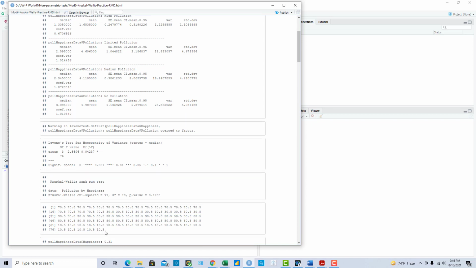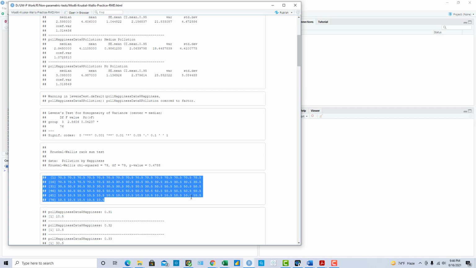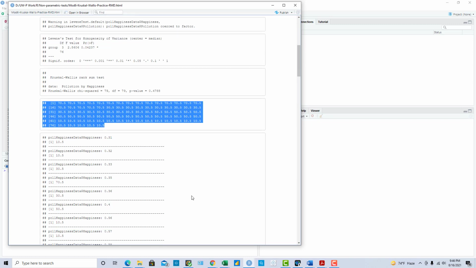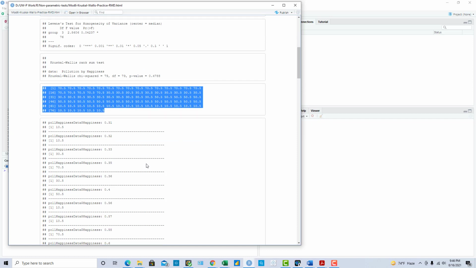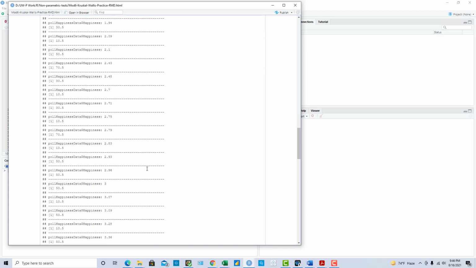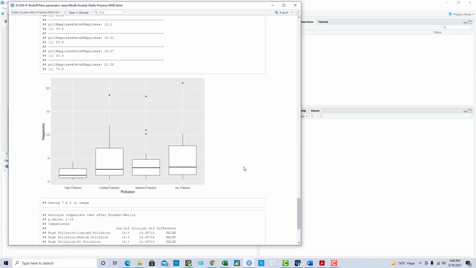So this block here is showing the ranks for each one of the values. And then if we move down in this HTML file, we do see the graph by each one of the pollution levels.